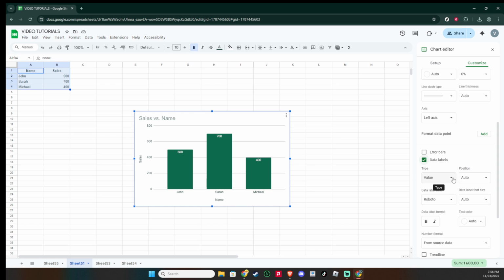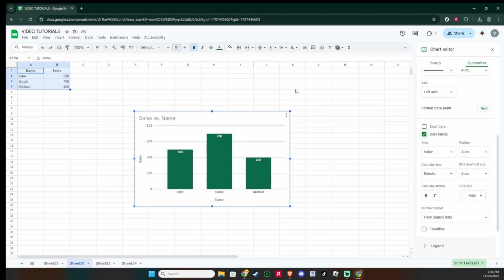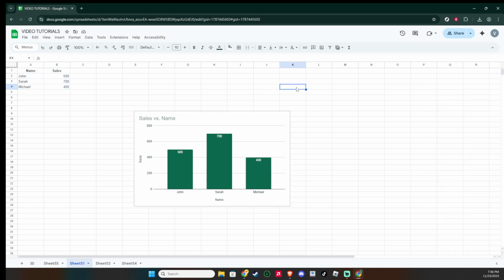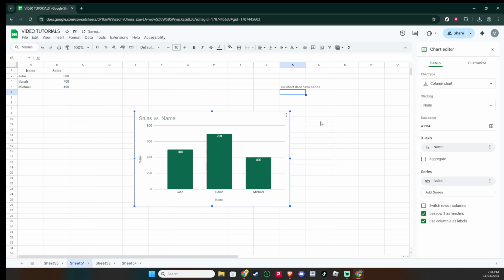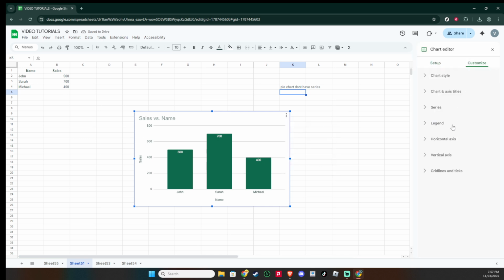If you want them to be more readable, you can refine their appearance right here in the Series section. Options like label format, font size, color, and position can help you reduce clutter and make the numbers stand out without overwhelming the chart. If things feel crowded, consider slightly enlarging the chart area or simplifying number formatting so labels